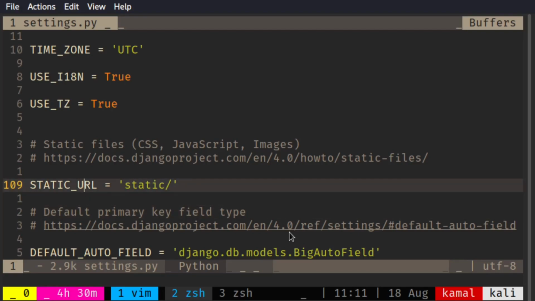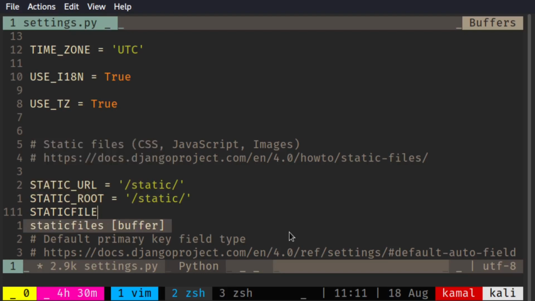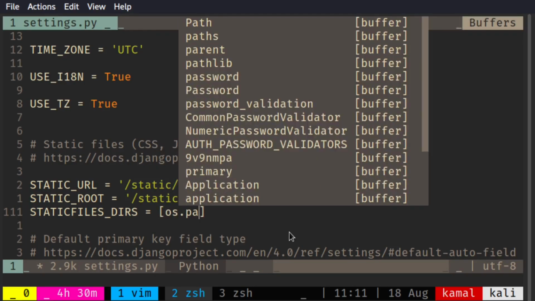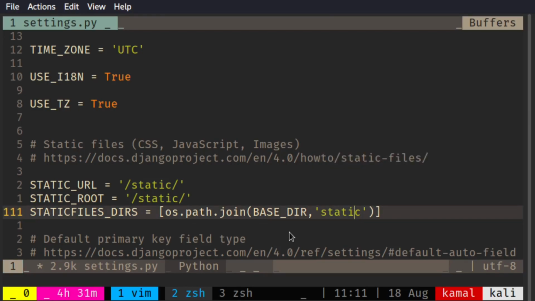If you are going to use static folders, we need to configure these variables also: STATIC_ROOT, STATIC_URL, and STATICFILES_DIRS is equal to os.path.join(BASE_DIR, 'static'). Once you have done this configuration, then we can save this